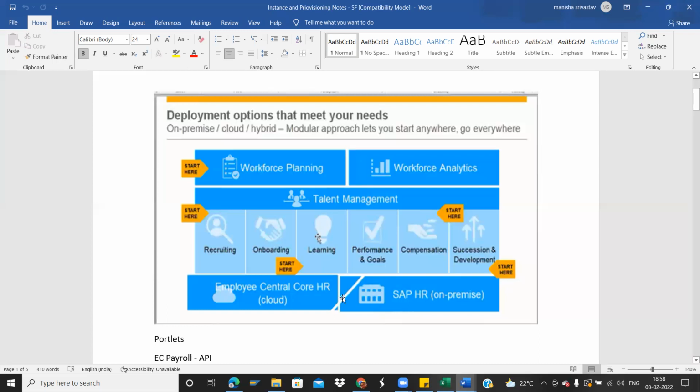So as you told, recruitment, onboarding, learning, PM, GM, these are the different modules in SuccessFactors. Performance management will have 360-degree appraisal forms, which consultants will be configuring. Compensation is totally related to bonus and any compensation related configuration. Succession and development is about, if a critical person is leaving the organization, who should take up the ownership as backup. Then you have Employee Central, core HR, which is the biggest module in SuccessFactors.